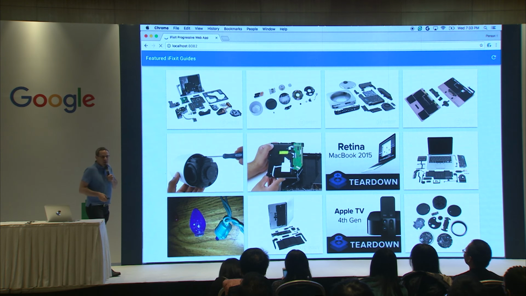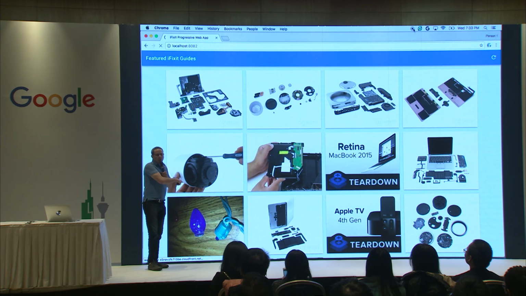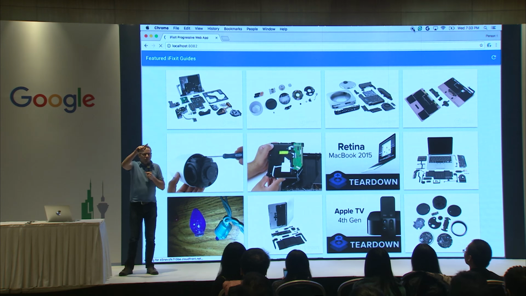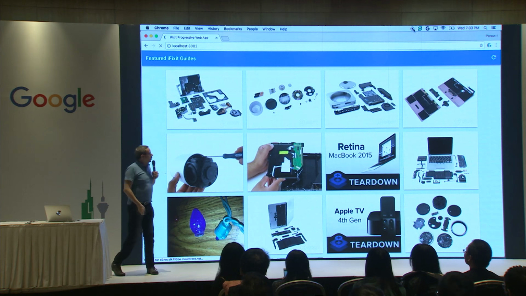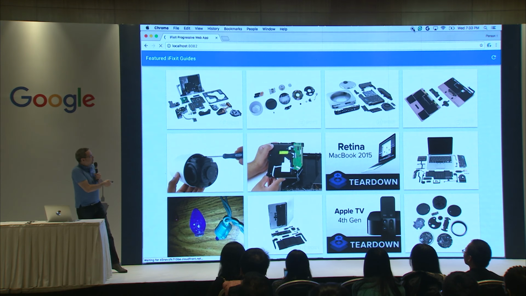Notice how this time, one of the big differences was that images started populating almost right away. Whereas last time, we saw the boxes, and then a few seconds later, we got the images. So the perceived performance of this was actually much faster. It took a little bit extra time at the very beginning to get that content down, but as a user, I feel like it rendered faster.